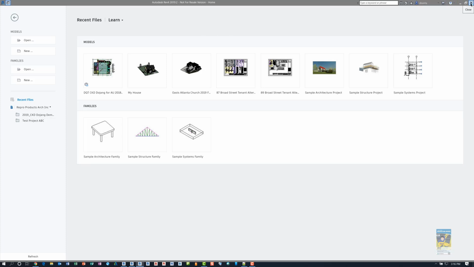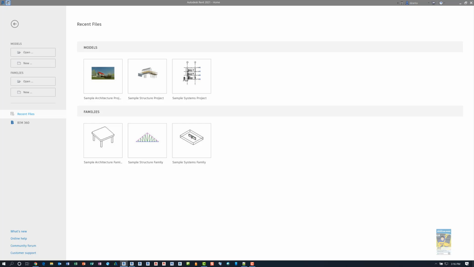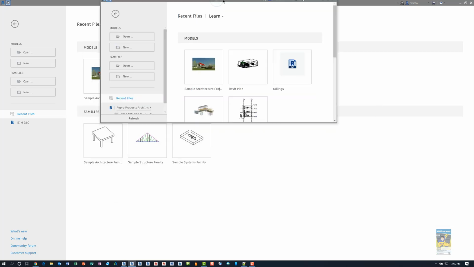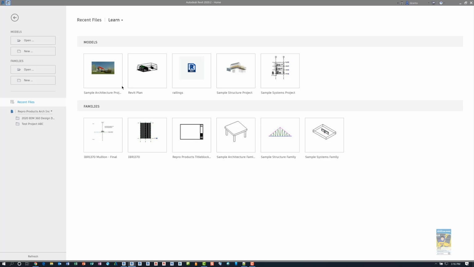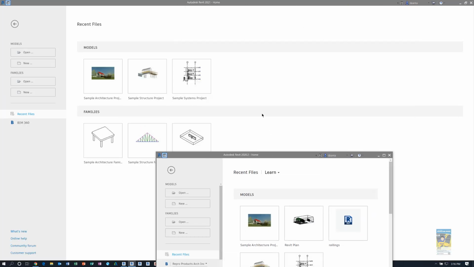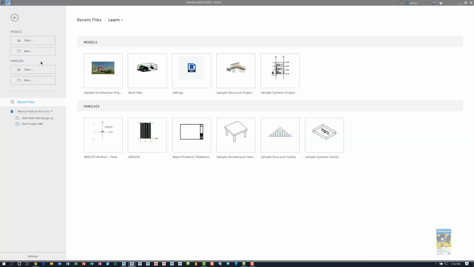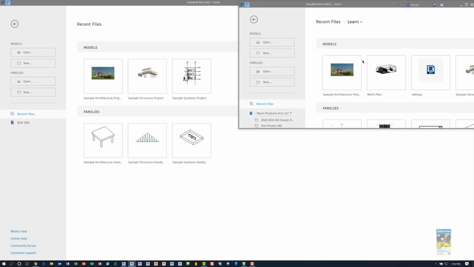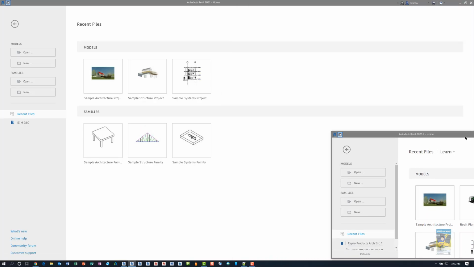That's 2019. If I close 2019 and bring up 2020, we can start to see that it looks very similar to 2021. There's still the vertical bar on the left-hand side, and you still have access where it says recent files and the B for BIM 360 with the hubs and the projects within. If I take a look at them side by side,